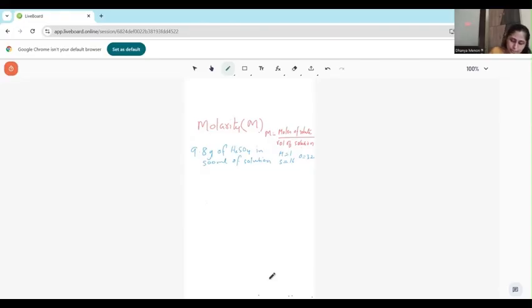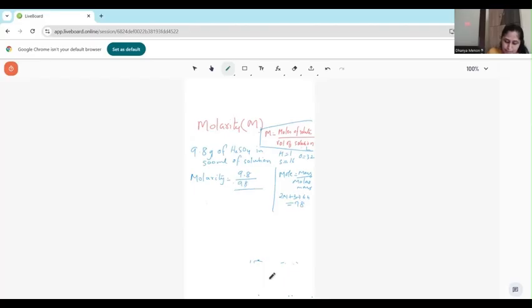Okay, so molarity, the formula is given. First, you need to find the number of moles. So I'm doing it directly. Molarity equals number of moles of sulfuric acid over volume. Mass is given to you. Moles, how do you find moles? Mass over molar mass. Mass is 9.8 over the molar mass of sulfuric acid, which is 2 times 1 plus 32 plus 16 times 4 is 64, which comes to 98, over